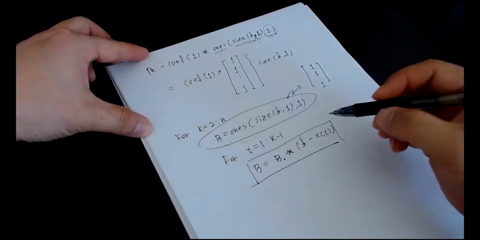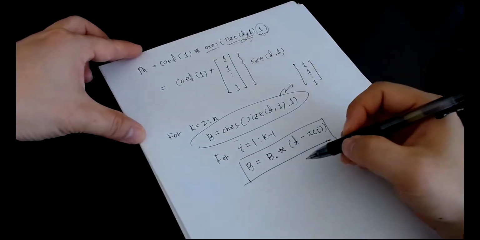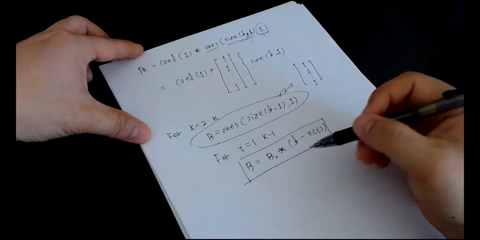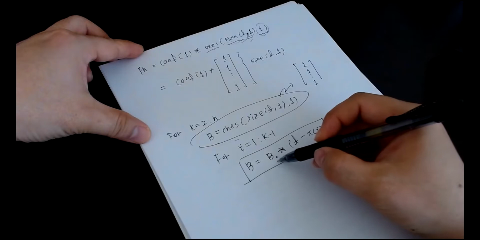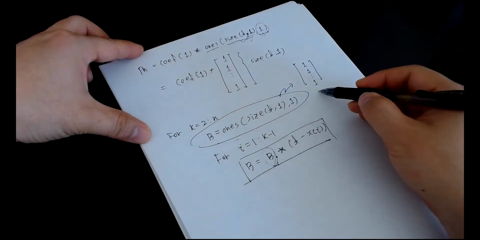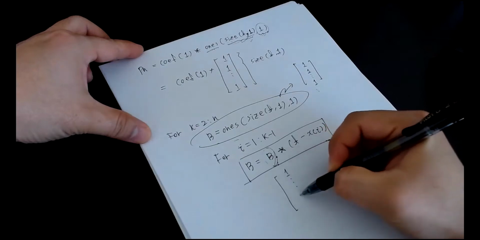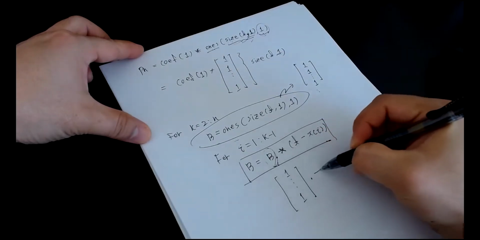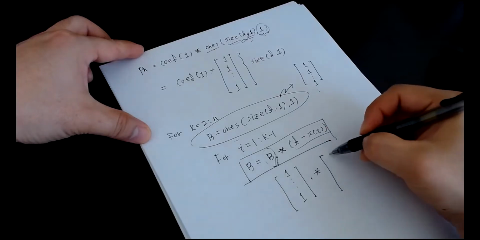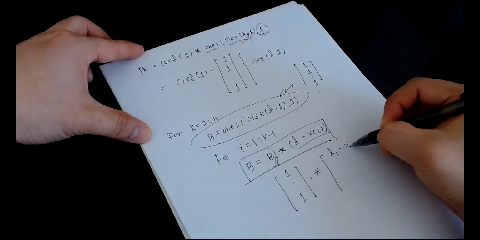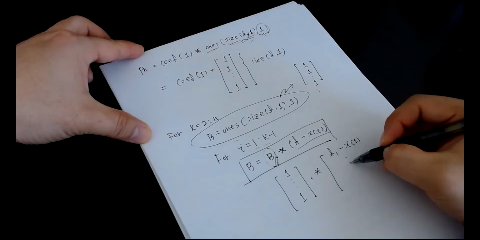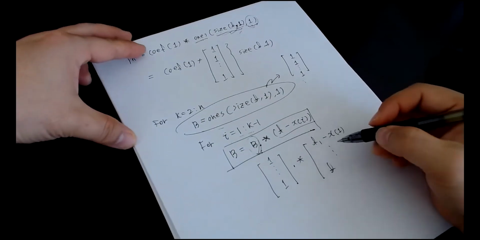First, b is the column vector 1 through 1, and then dot times t minus x sub i. When i goes 1, we get t1 minus x sub 1 through t sub n,